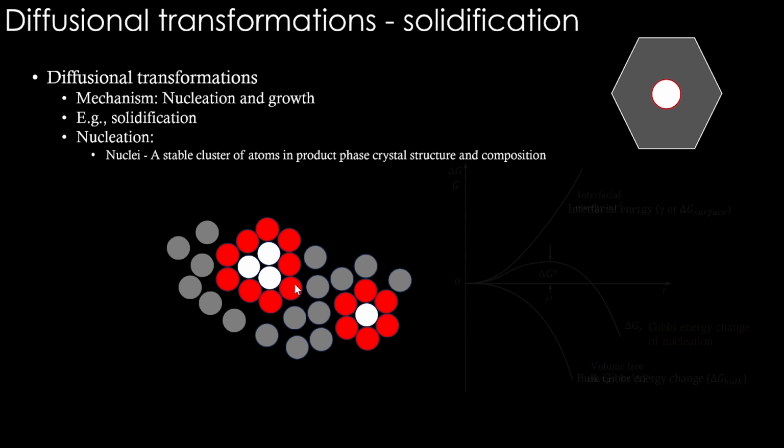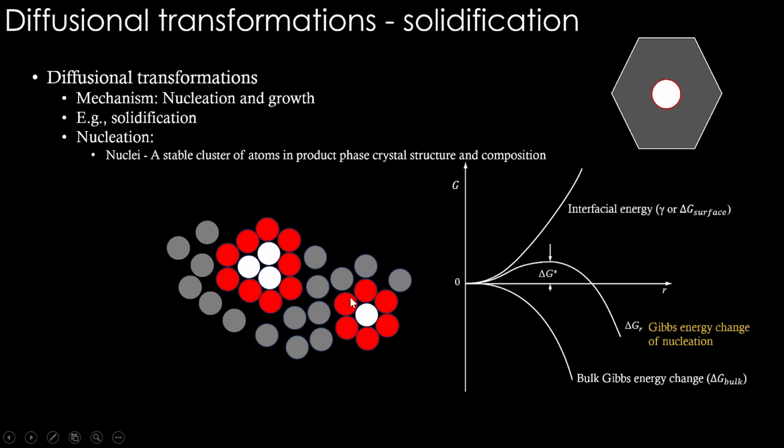You will understand why, because this surface energy is like this. This interfacial energy is drawn like this. It's a positive value. Okay. So this is the surface Gibbs energy. Okay. I am putting it in this Gibbs energy versus radius of particle graph. This radius of cluster is here. If the radius is very small, let's say here, it will have this much interfacial energy. Okay, it's a positive value.